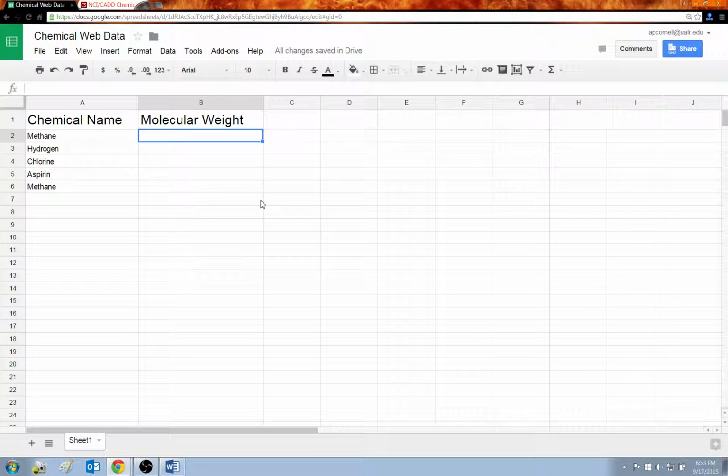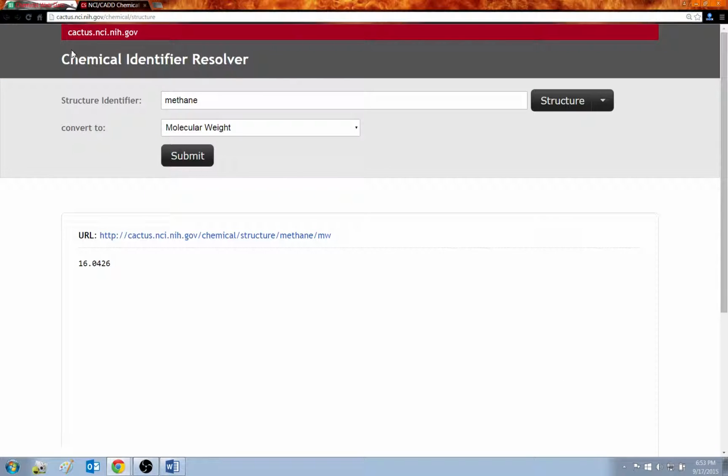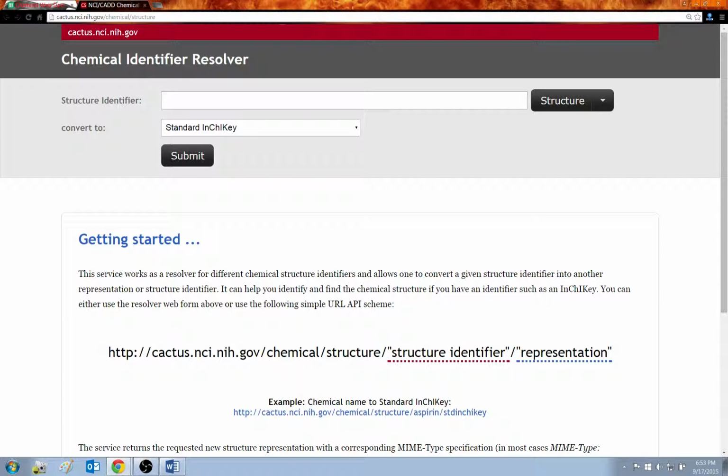So what we want to do here is take our list of chemicals. I've just given a short list, and we want to automate the process of finding the molecular weights for each of these chemicals. So to start with, we want to go over to the NIH Chemical Identifier Resolver page,